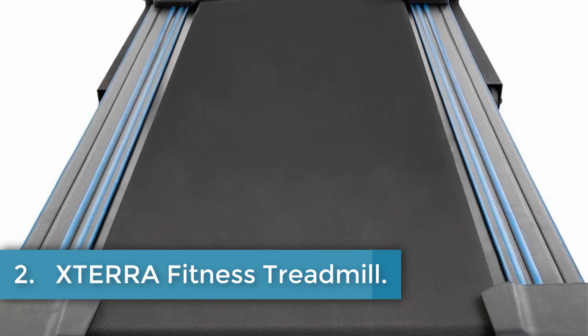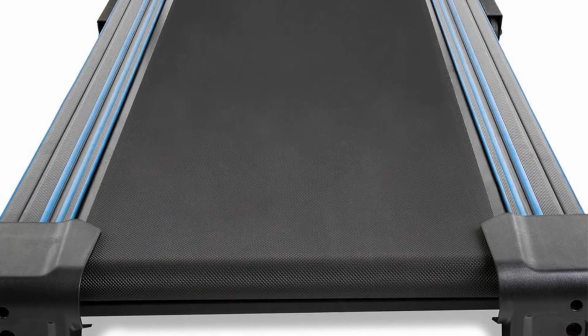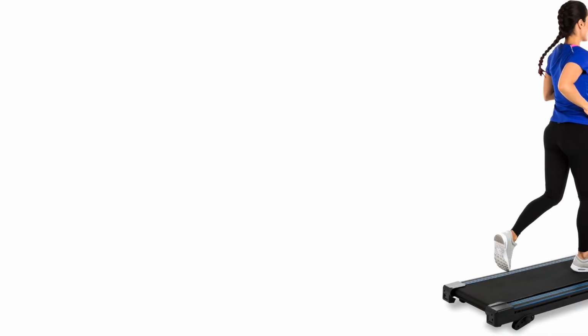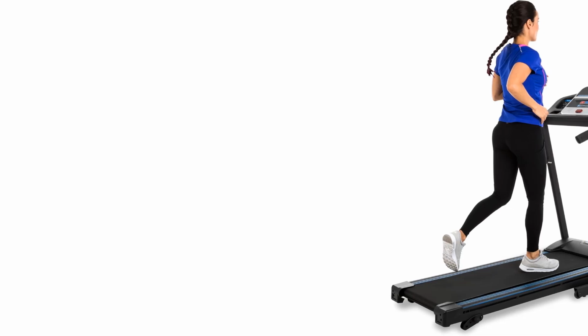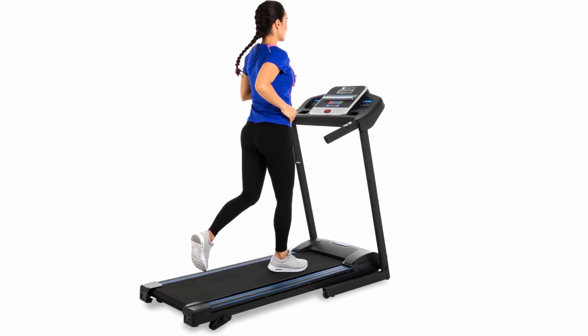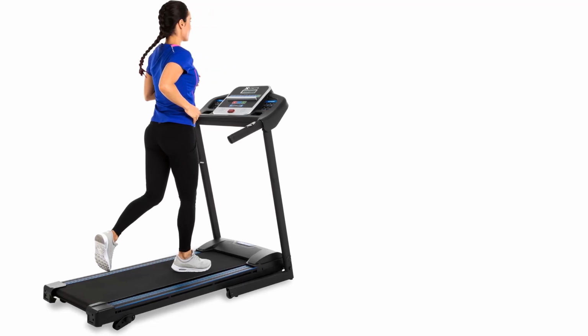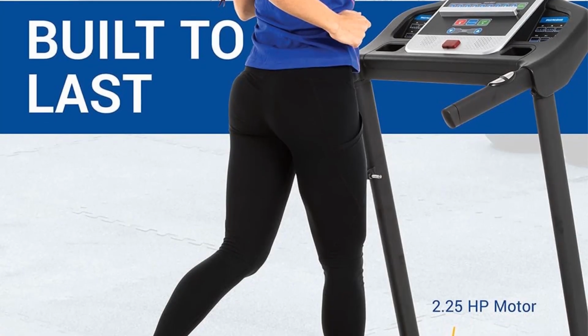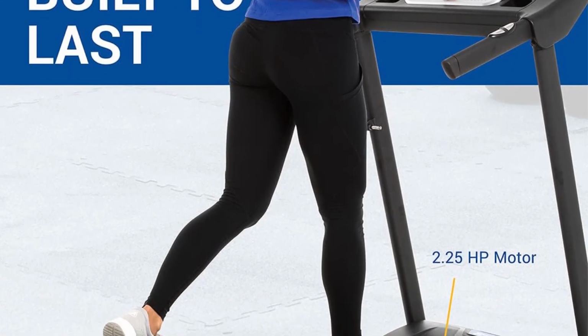Number 2. XTERRA Fitness Treadmill. The XTERRA treadmill is a new, foldable fitness product designed for residential use, targeting adult users. It features a robust construction with dimensions of 63.4 inches in depth, 28.75 inches in width, and 51.4 inches in height, weighing 97 pounds. Made from alloy steel, it supports a maximum speed of 10 miles per hour and includes